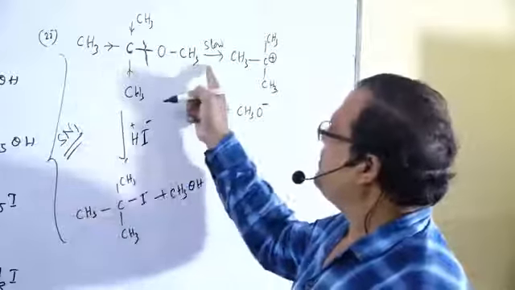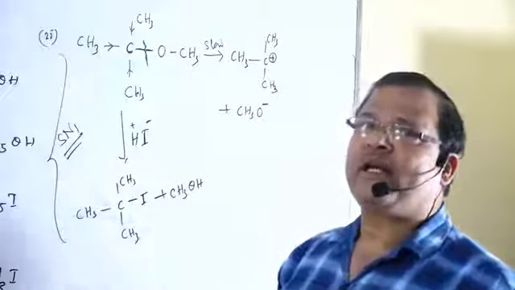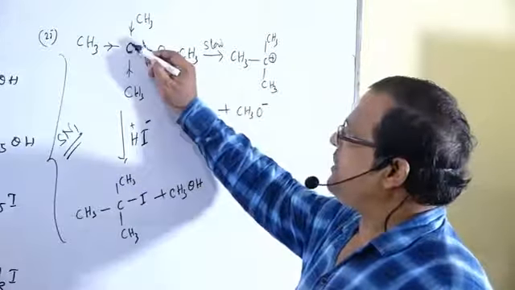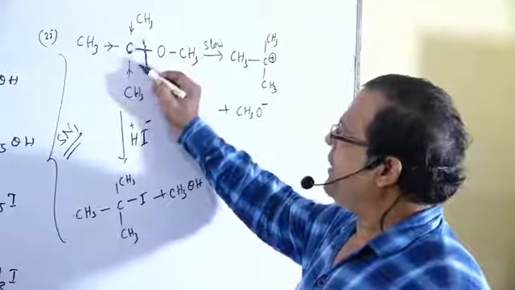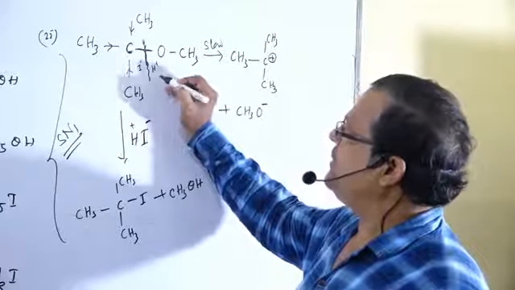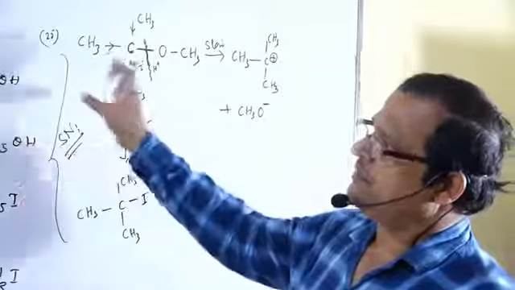the slow step, a rate determining step. That is the formation of that carbocation. So in this reaction, whenever there is the presence of a tertiary carbon atom, this bond will break, and this I minus will be added to this side, and H plus will be added to this side. So this is the reverse of the breaking of this bond.